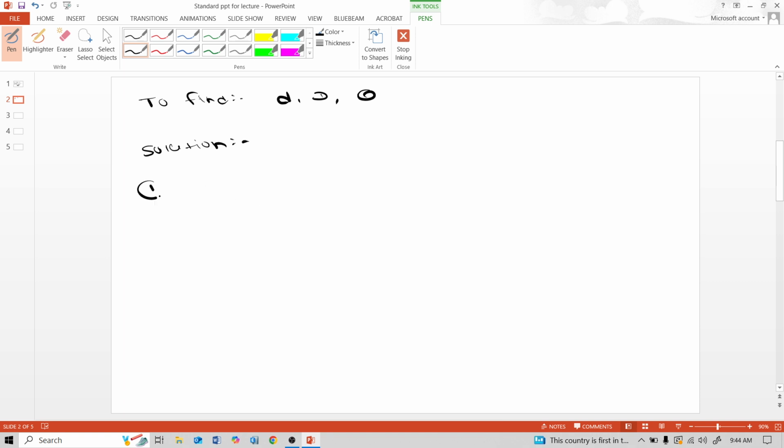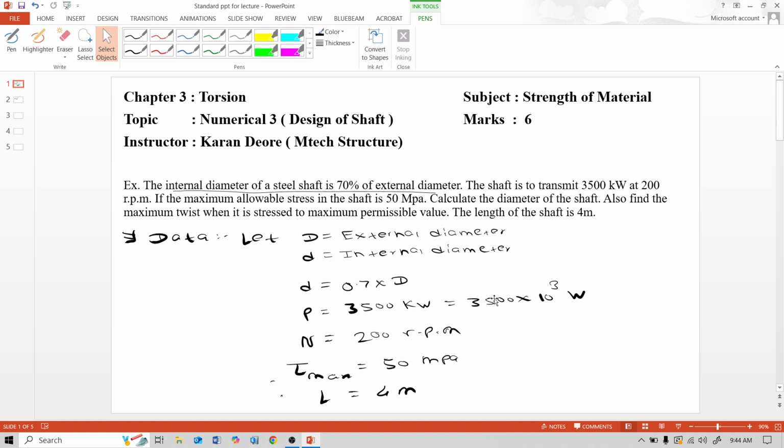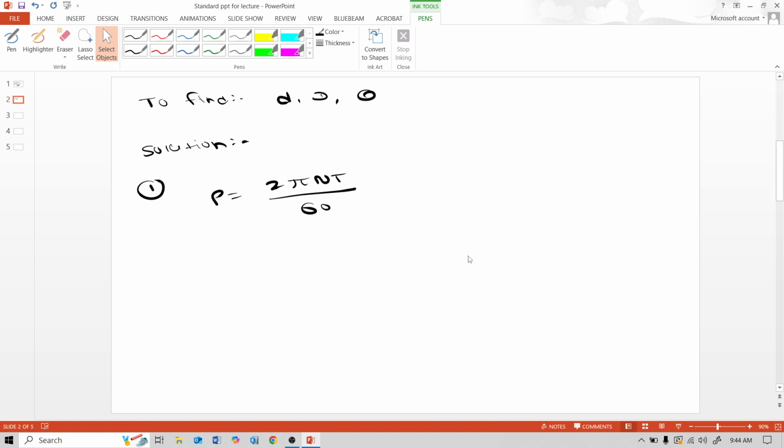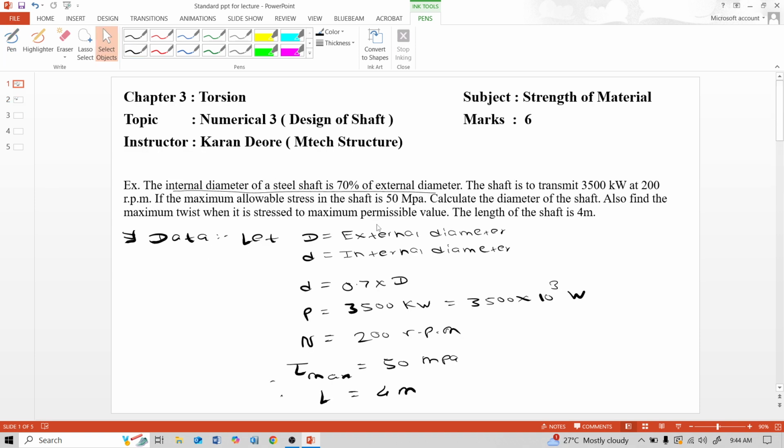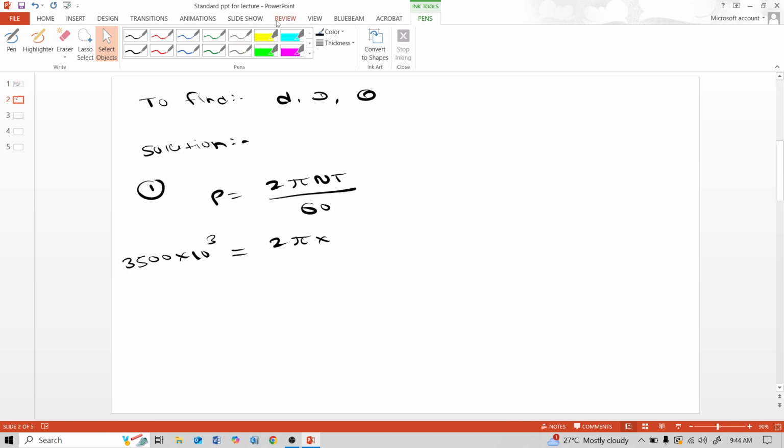First use P is equal to 2 pi NT upon 60 formula. This P is 3500 into 10 raised to 3. Number of revolution is 200 and T, and divided by 60. So this T is